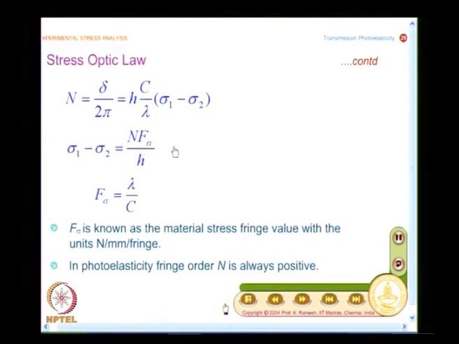And if you look at the kind of problems that can be posed, the arithmetic is very, very simple. If you understand the physics behind it, if you anticipate that this is how it has to behave, the left hand side, sigma 1 minus sigma 2, does not change, and only the right hand side changes. So, they will adjust.